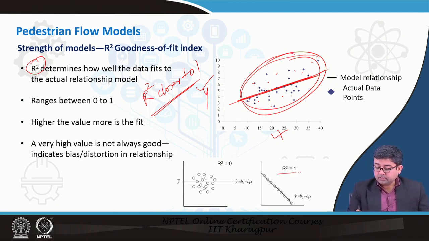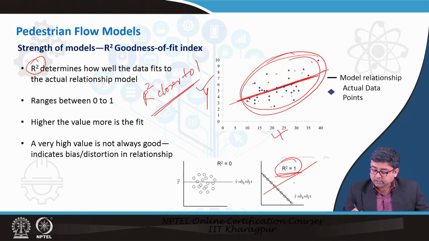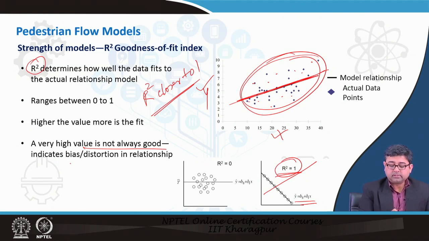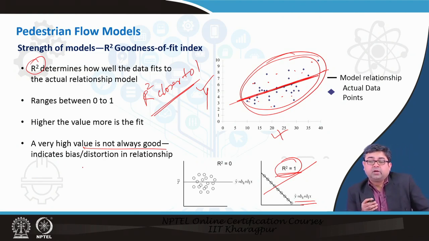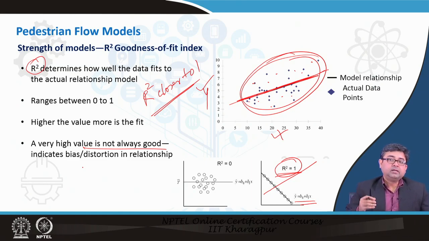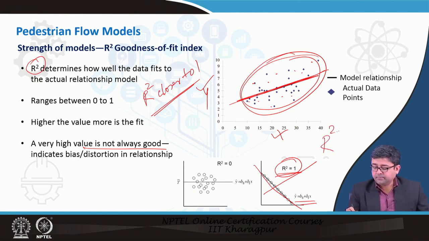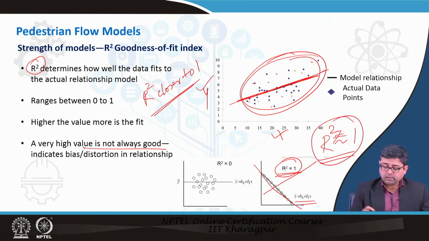The model can have a negative slope or a positive slope, it does not matter, but it should be close to 1. In this case it is equal to 1, which sometimes is not very good, because it might show that you have done something with the data set and removed outliers, which may be important for your situation, and you have got a perfect fit, which is not always good. You should always work towards R squared tending towards 1, that should be your goal. It need not necessarily be equal to 1.